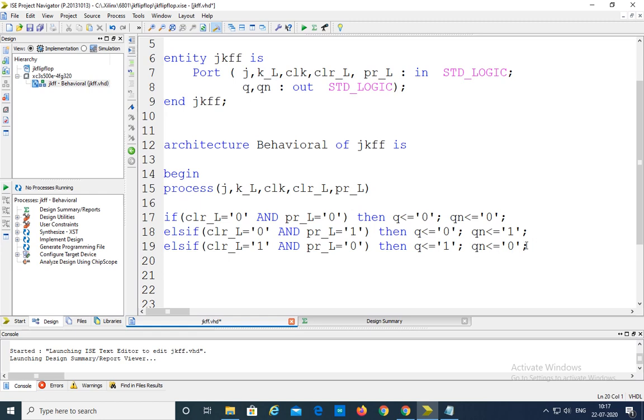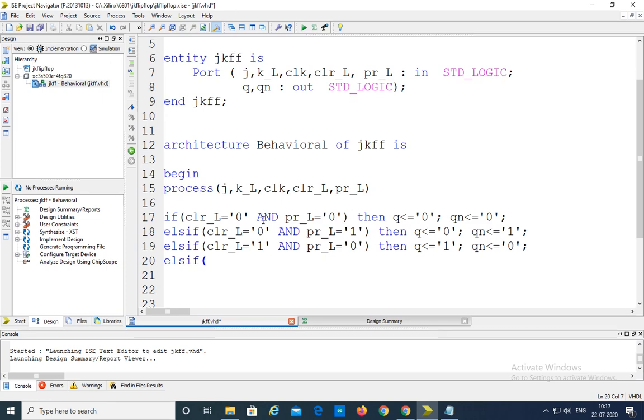Next, else if, we can write directly else if or else, because only 0 0, 0 1, 1 0 are there. If these three combinations do not happen, the only combination possible is 1 1. That is for the 1 1 case.